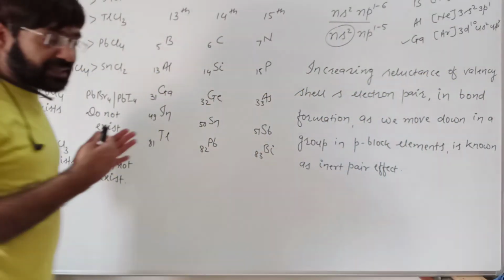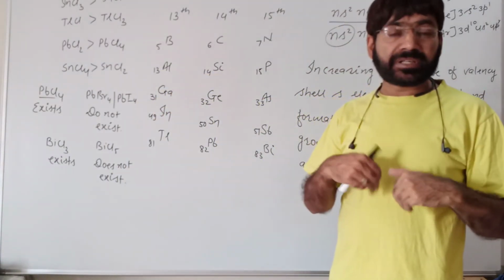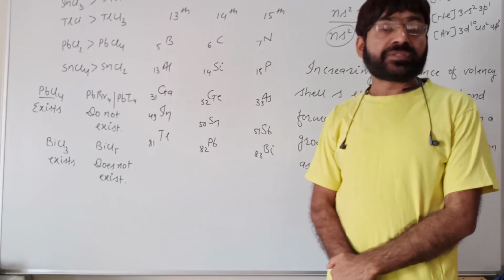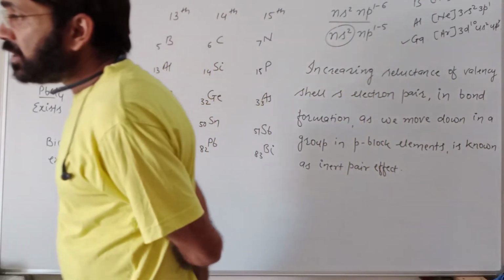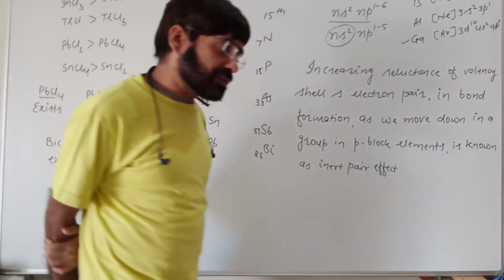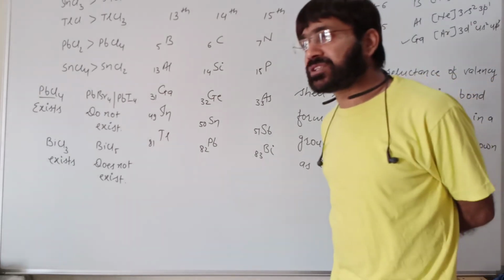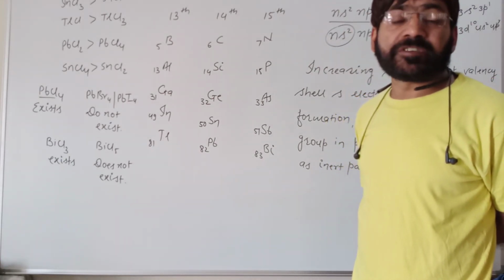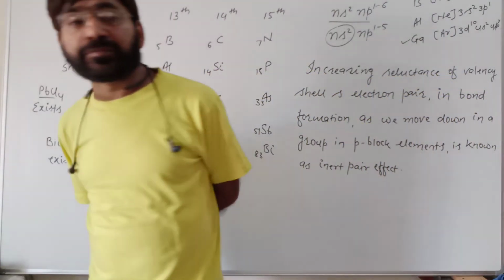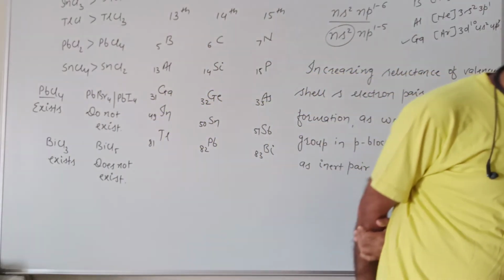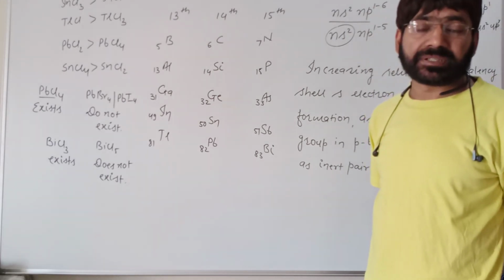Among halides, as we move down in a group, what we find is that the reducing tendency of the halide ion increases. So I negative is a strong reducing agent, followed by Br negative. Cl negative is a poor reducing agent, and F negative is not a reducing agent at all. So for halide ions, as we move down in a group, their reducing behavior increases. I negative is the best reducing agent, followed by Br negative.